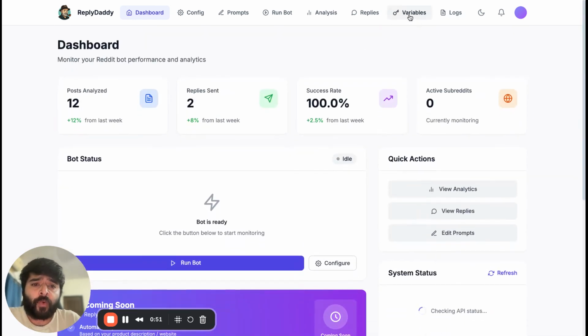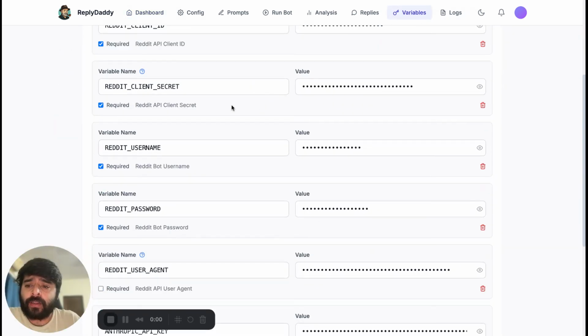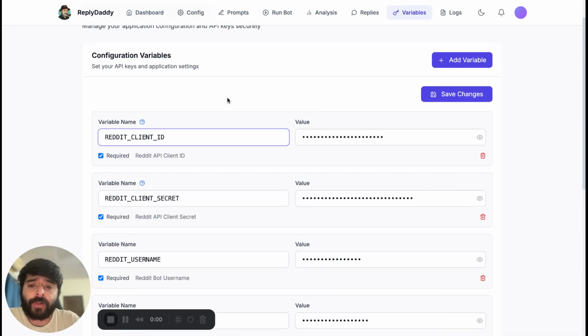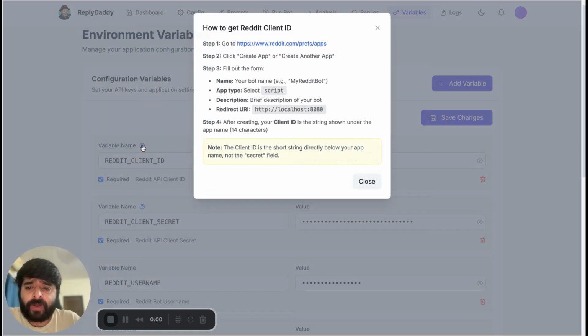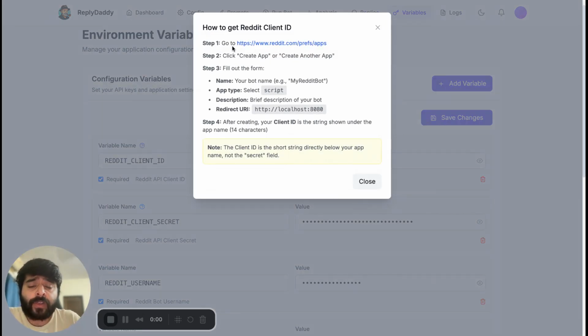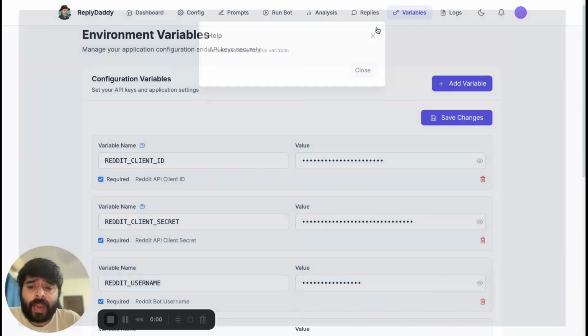First of all, what you have to do is enter your variables required to run this app, and these are fairly simple, very easy. You can find help icons to get this. So first, you have to create a Reddit app or script, which you can create by going onto this page if you're already logged into your Reddit account. While creating the script, you have to ensure that you mention this URL as the redirect URI to Reddit. Once you do that, Reddit will provide you with a client ID and a client secret,